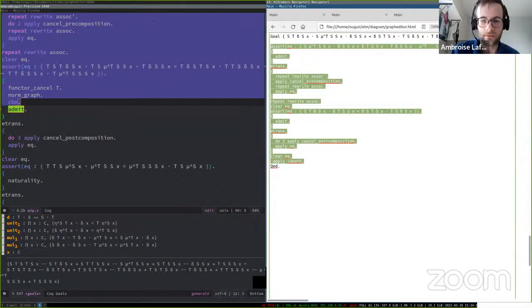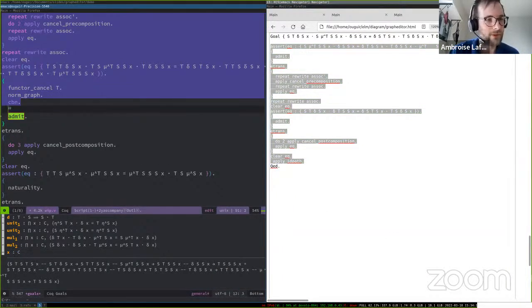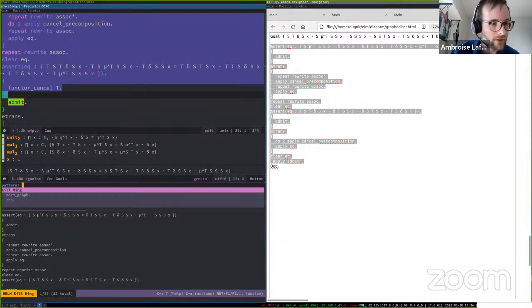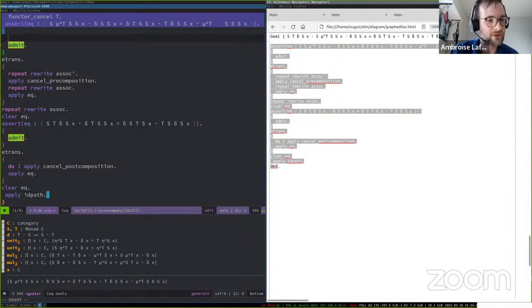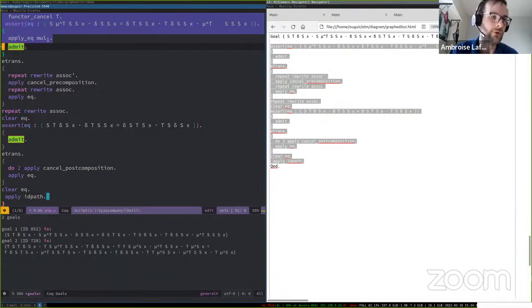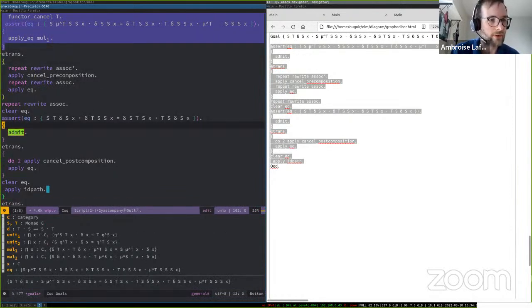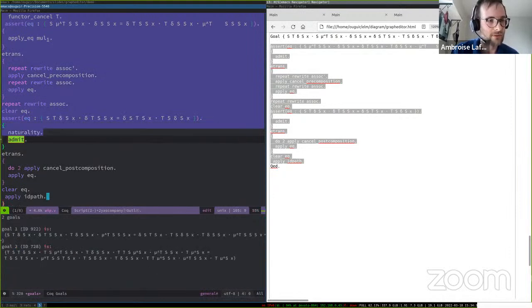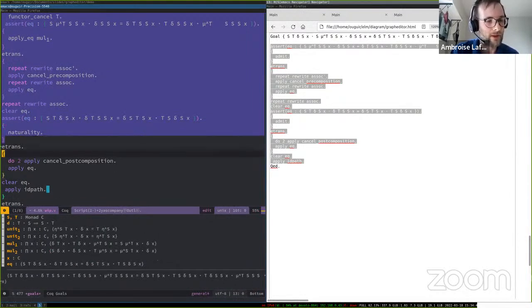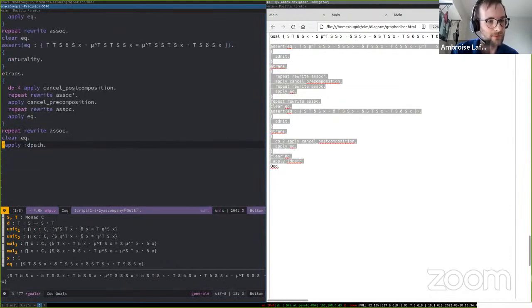Sorry about that. I don't know where to put it. Okay, anyway, I copy and paste. So I need to remove this. Okay, so this one is a multiplication law of the distributive law, one of the two, and the other one is just naturality. And my proof is complete. So if I go until the end,